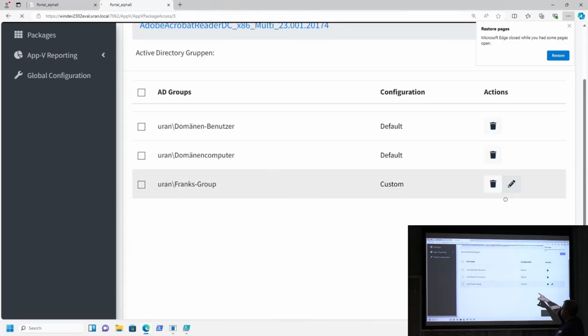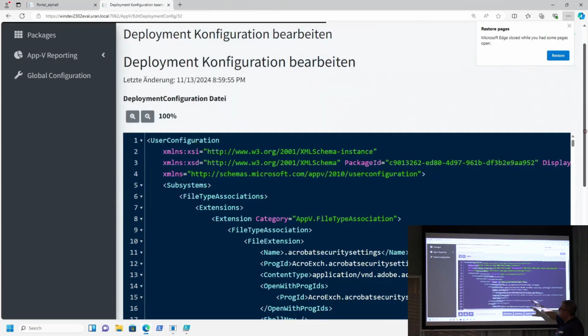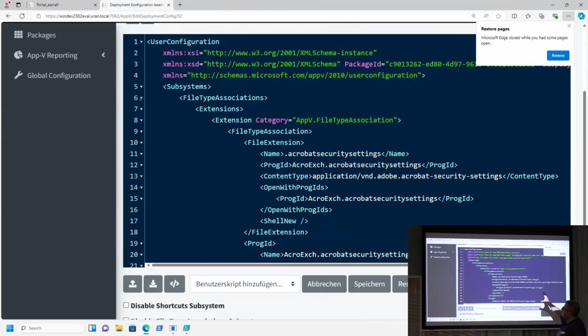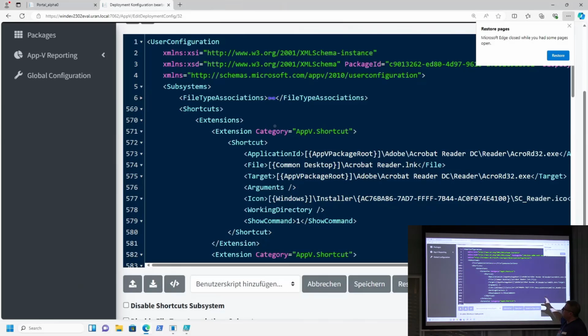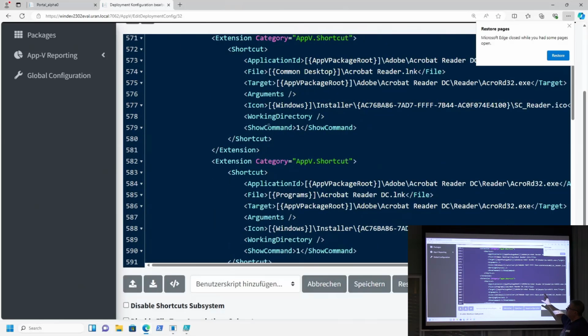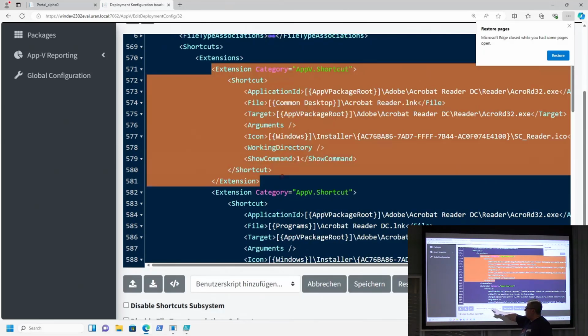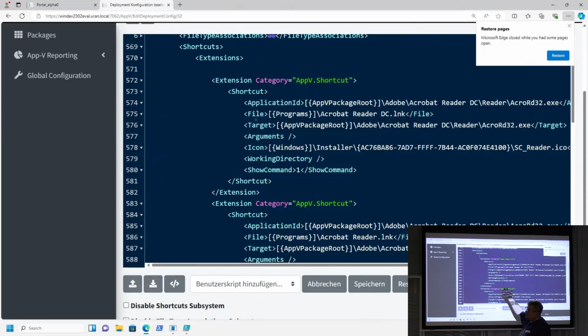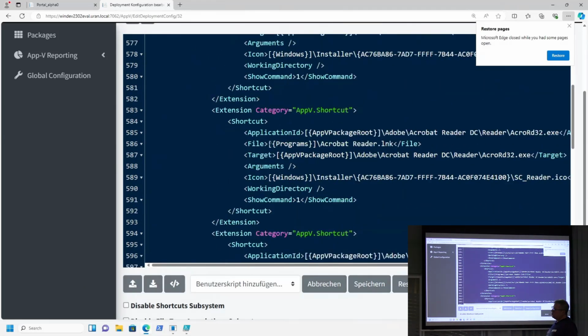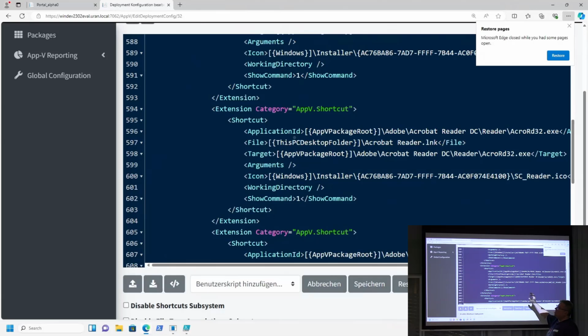And here you can see we switch here to the custom configuration. And here's a real big change. Here's an integrated XML editor, and every change in the configuration files you can do here in the editor with some special things. And also here you can see some things are only half translated. Here is the function to add a user script directly to the XML, but you have to edit it in the editor and you have no GUI for it.